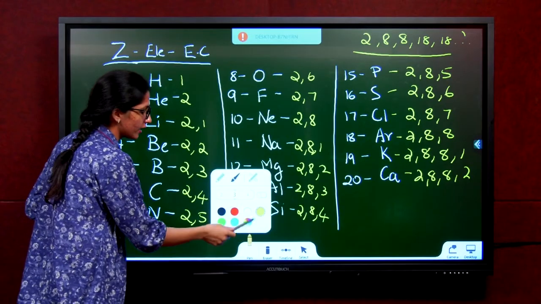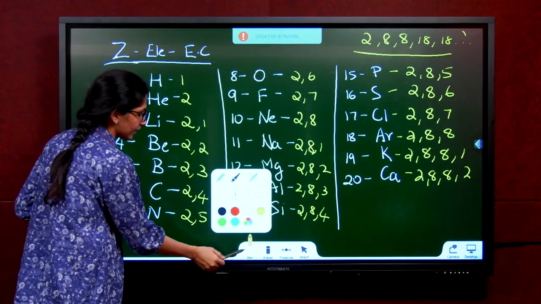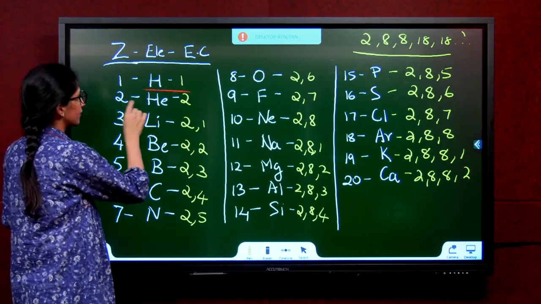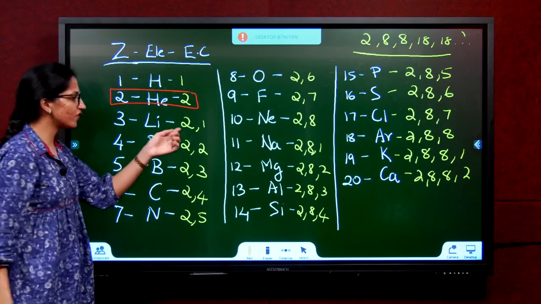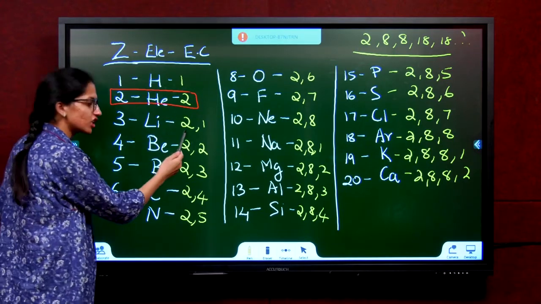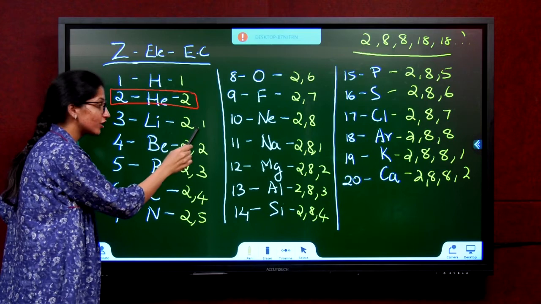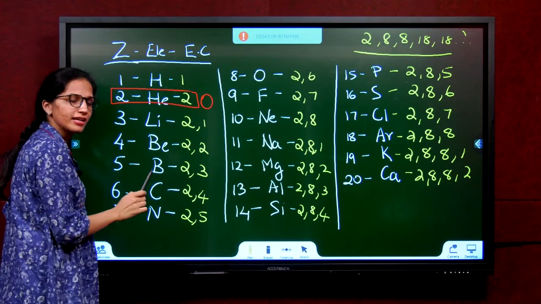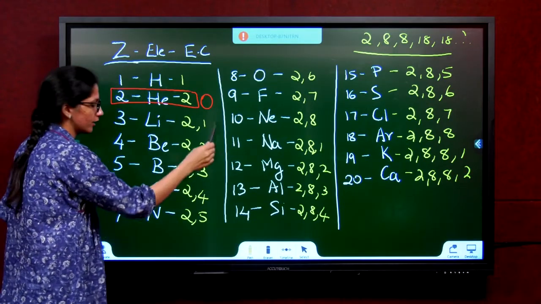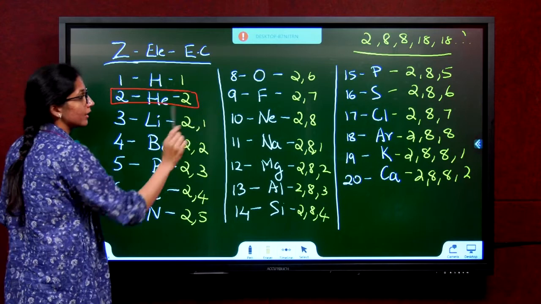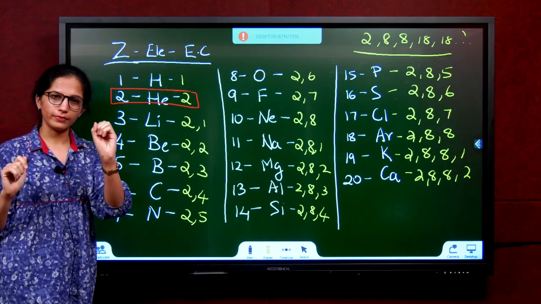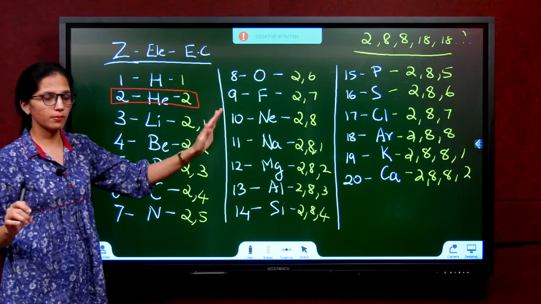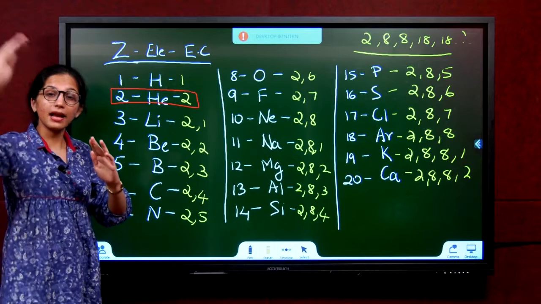We already have a few elements that are full. For example, this has maximum capacity 2. It is filled. Even this is filled, so why is it not stable? First shell filled, but in the second shell you put 1, so it's incomplete now. Here the second shell is empty, so why is it not unstable? It can be 0 electrons, no problem. 0 electrons is also stable. So 2, 0, no problem. 2, 1, problem. So either maximum or 0.